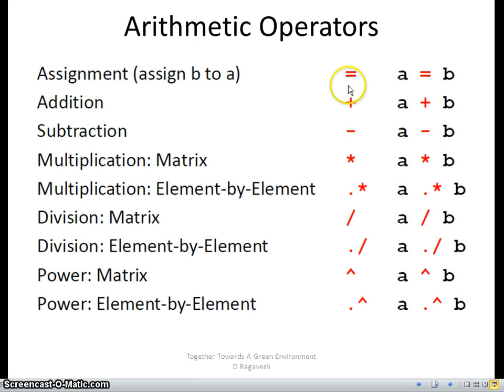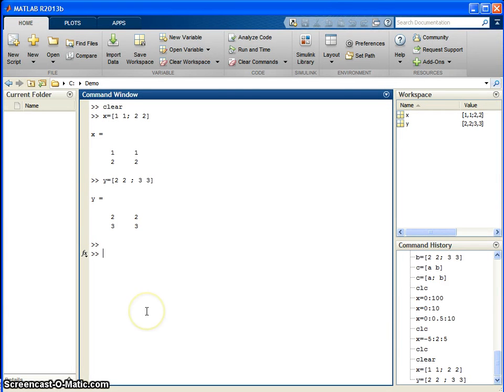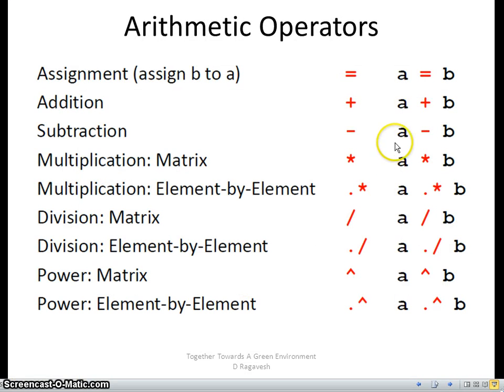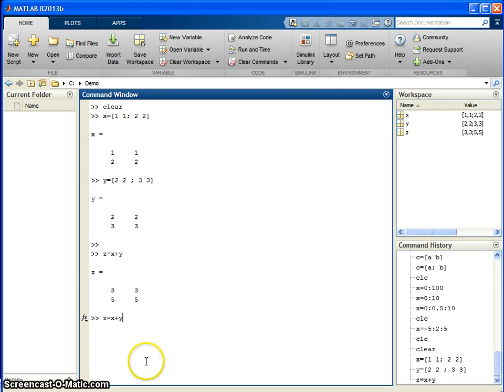If you want to add both of them, you can see here I say z equals x plus y. So what happens? The first element gets added, in the same way the second and third, and it gets added. This is a simple plus operator. In the same way you can use minus and you can also use star. Just see here, when I use star,